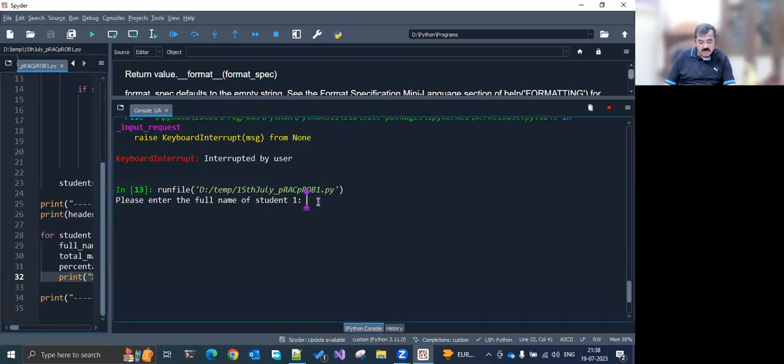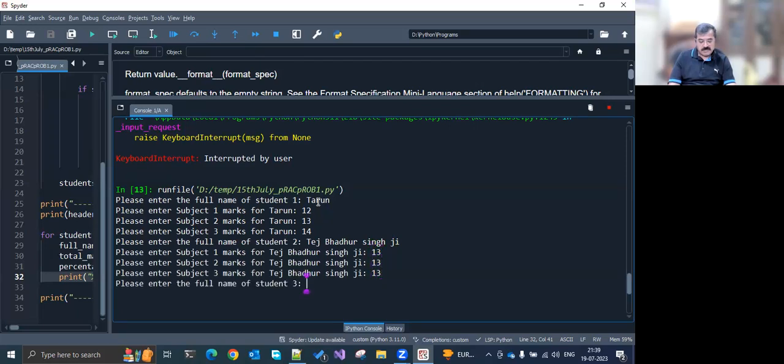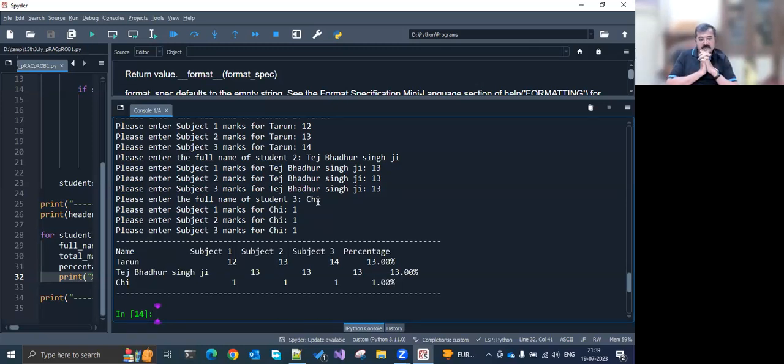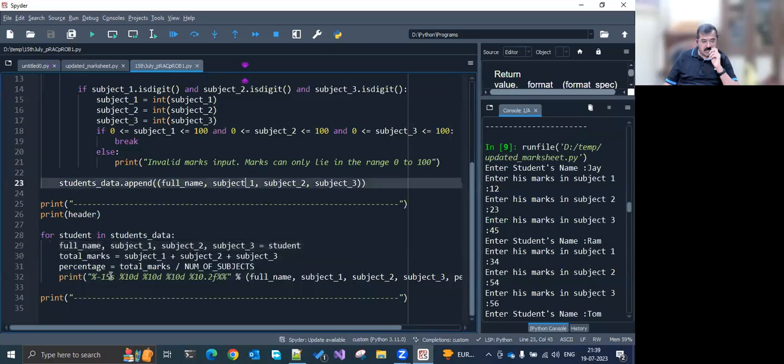Enter the full name of the student. 12, 13 and 14. क्या हो रहा है? नहीं, वो विड्थ का इशू था, तो वहाँ नाम तो पूरा चाहिए था, बट ट्रंकेट करके चाहिए था। तो आपने जो विड्थ दिया यहाँ 15, तो यहाँ क्या लिखोगे? 15.15s।